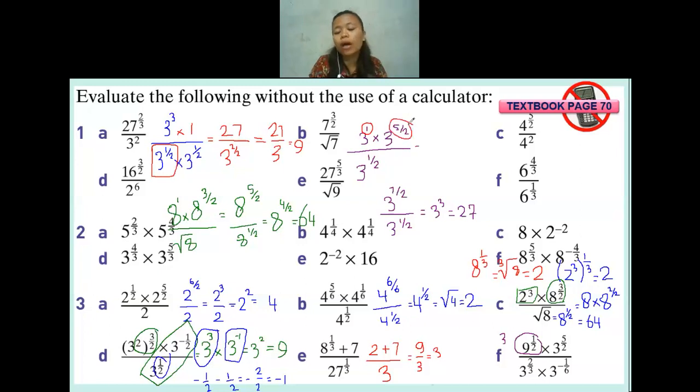Oh, why 7 per 2? As you know, teacher, when we have to multiply, when it is a multiplication, we add the power. 1 plus 5 per 2. You have to make sure when it is a fraction, make all the denominator same. 1, it will be 2 per 2. So 2 per 2 plus with 5 per 2, it will be 7 per 2. Okay. Is it clear for those who ask me why is it 7 per 2? Is there anyone else who want to ask me any question?